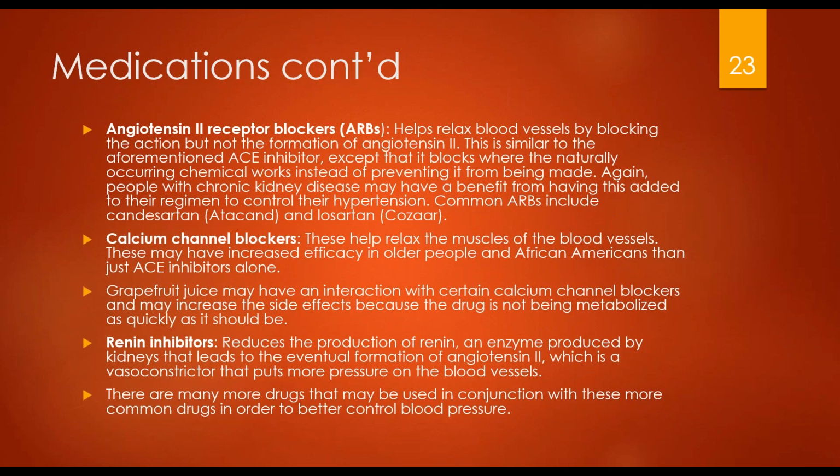Again, these are just a little bit more medications. I don't expect anyone to know every single one of these and know exactly how they work. It's just a little bit of an introduction to see what can be used. They have angiotensin II receptor blockers, calcium channel blockers, renin inhibitors, and all of these really are either working in